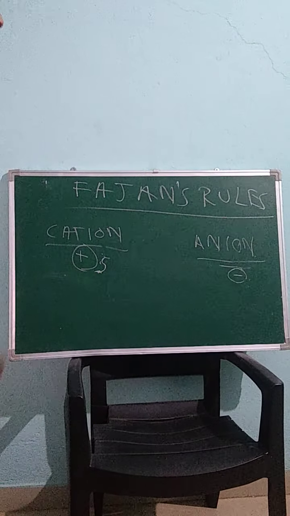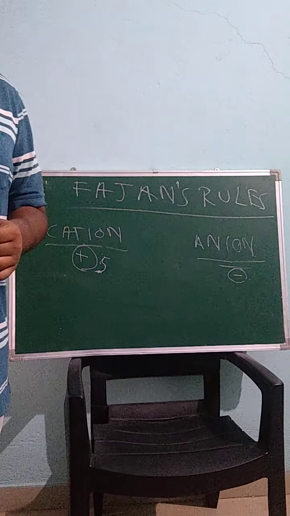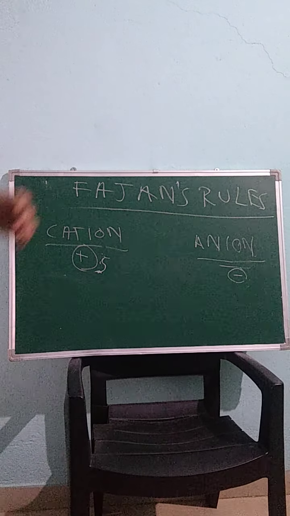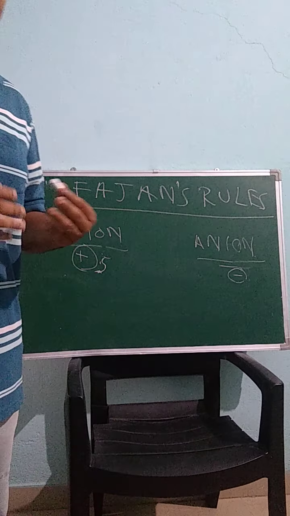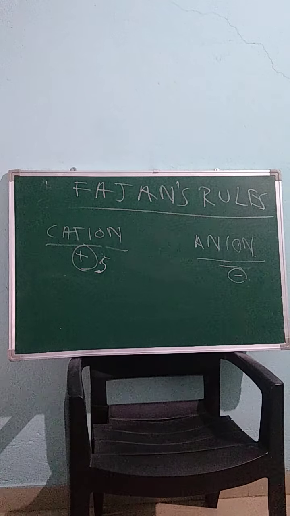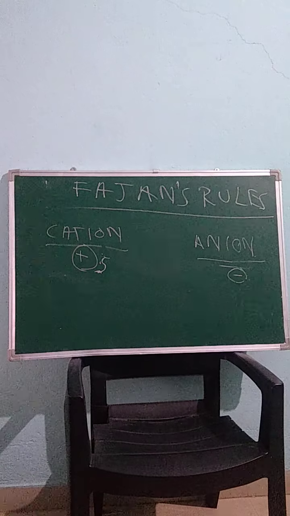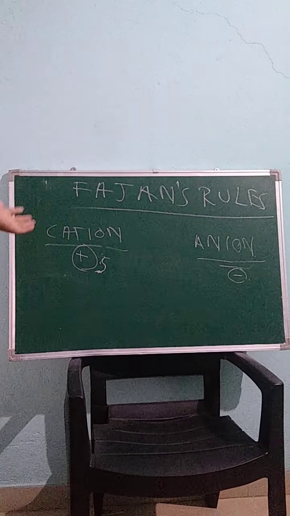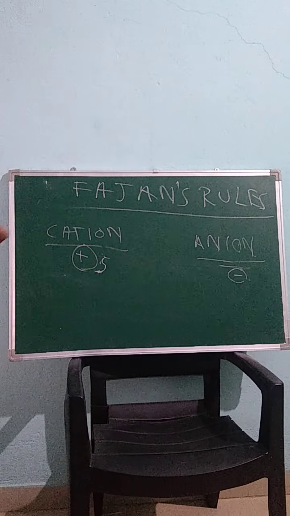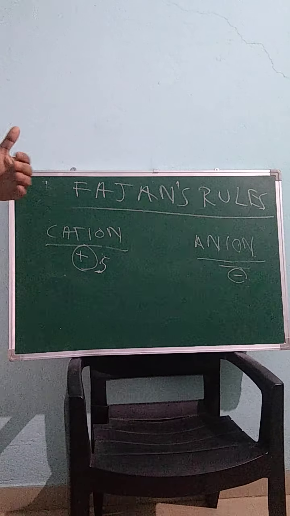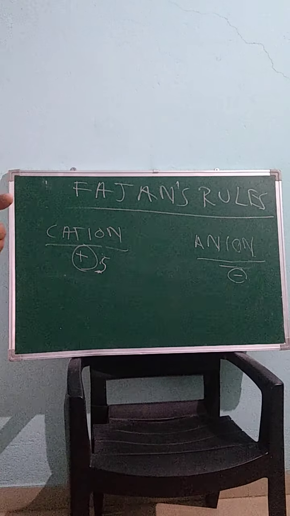Here you can see that when we are saying that the charge of the cation is going higher, it means the atom is losing more electrons. When an atom is losing more electrons, it is a very unlikely event. The atom may get unstabilized, because every atom wants to form a stabilized molecule to lower its energy, but when the cation charge is higher, the atom is losing more electrons, so it is not good for the atom. So in that case, the covalent character increases, meaning the electron will now be shared between the two atoms.